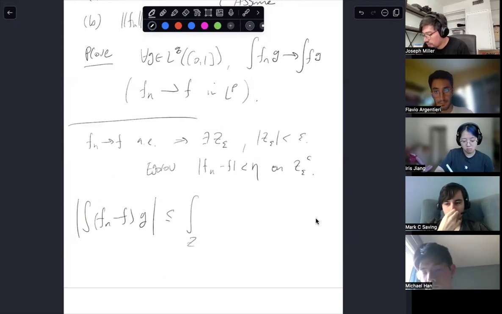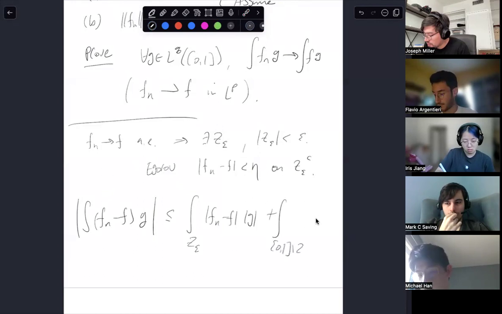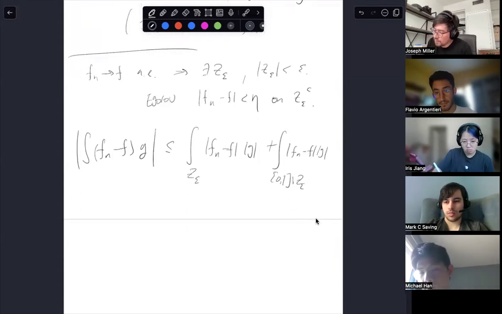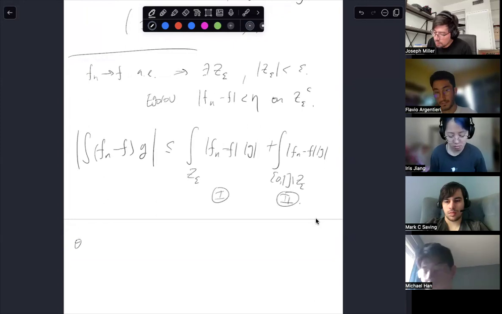There's going to be a set Z epsilon times g plus, and then the interval 0, 1 minus Z epsilon, or Z epsilon complement. Let's call this 1, and let's call this 2. On 1,